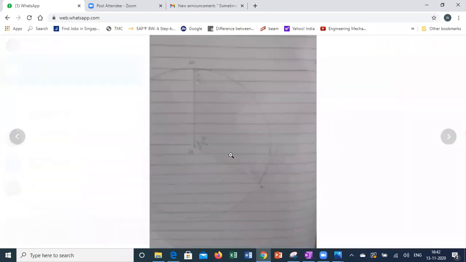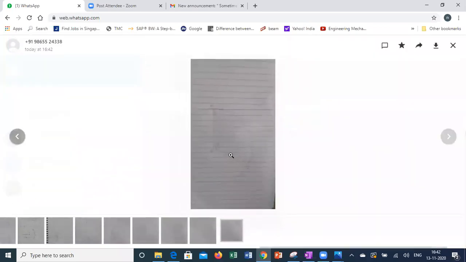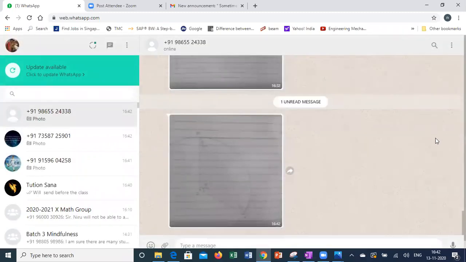Sir, I did it using the protractor. Not a problem. If you are unable to remember how to draw 120 with a compass, you can draw with the protractor. Try to learn with the compass also. Sir, I thought we should do only with the protractor, so I just did it with the protractor. But the first preference is the compass. If you are unable to remember, draw with the protractor. Okay, sir. Go for the next one.